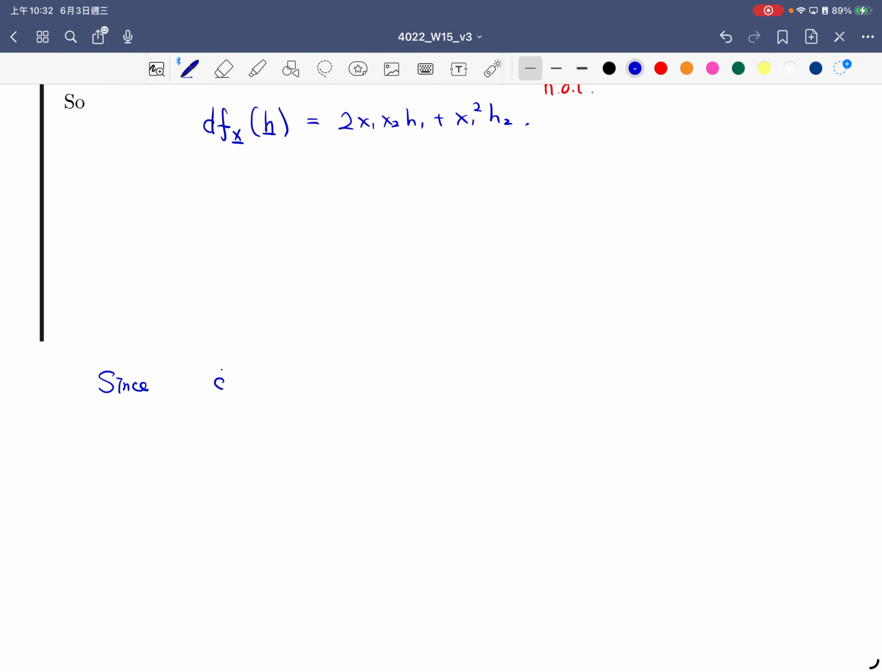Since df at x is a linear map from the space of matrices to R, it is a linear functional, i.e. an element in the dual space. And then one thing you've learned, the last thing you learned before the midterm, is that anything in the dual space has a correspondence with the original space, and that is called the Riesz representation theorem. So by the Riesz representation theorem,